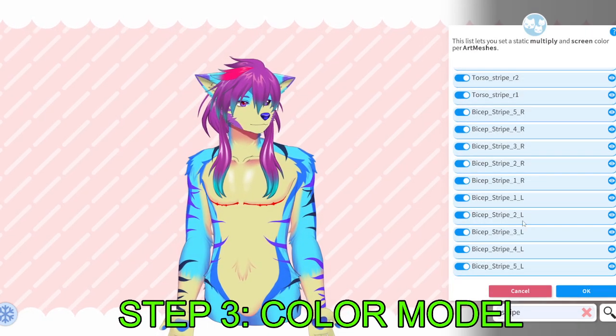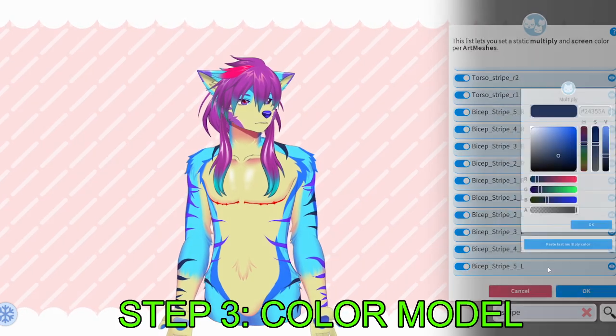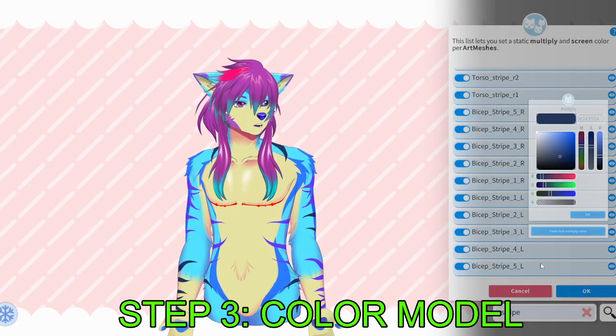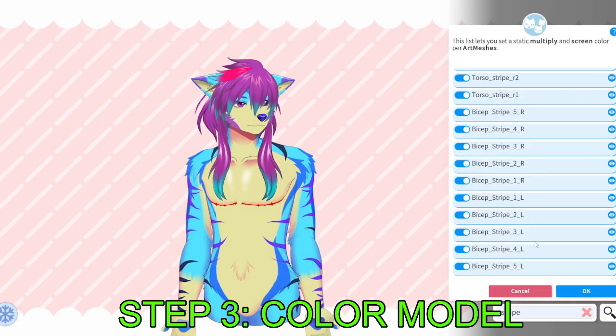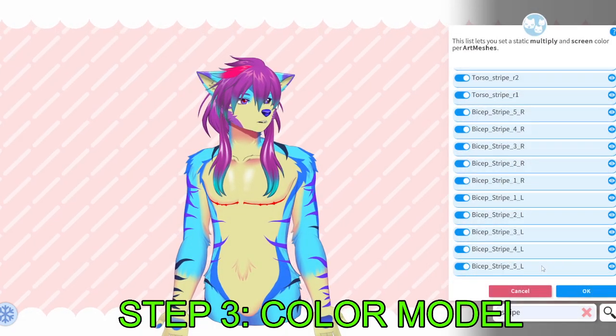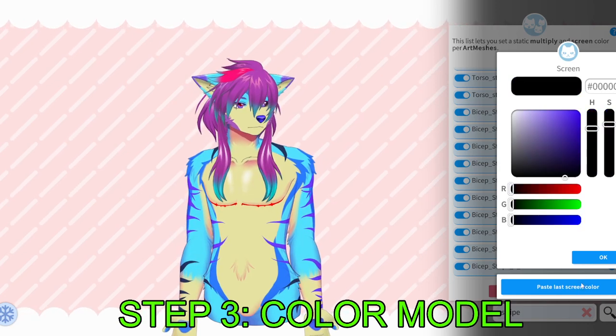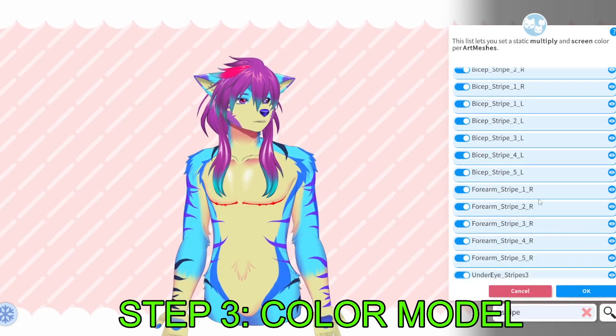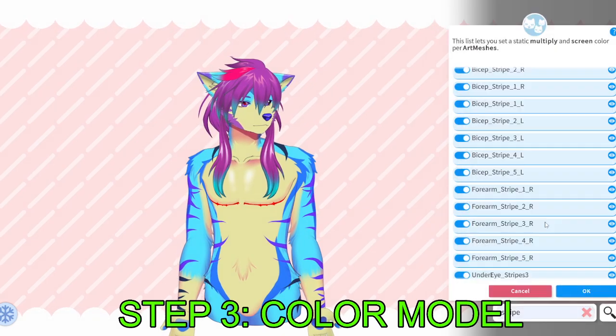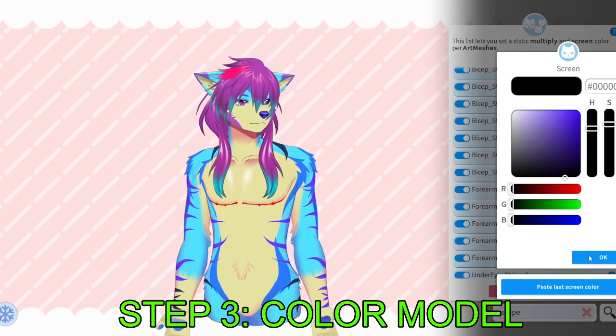Oh, I just did 1L. Let's do 2L, 3L, 4L, 5L, forearm stripe 1R, 2R,